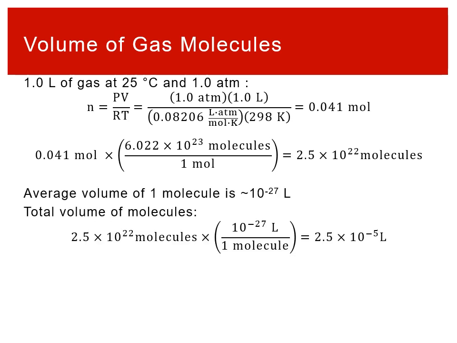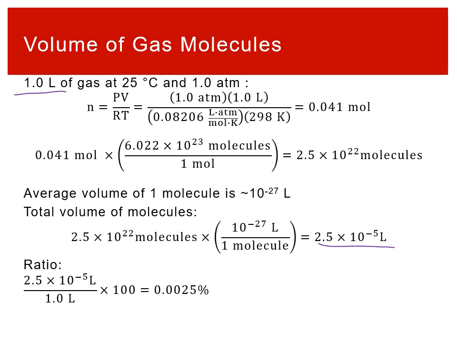So what about the total volume of the actual molecules themselves? A molecule has a volume of about 10 to the negative 27 liters. And so if you take your total molecules and multiply it by the volume per molecule, you get the total volume of the molecules themselves. That means this is the volume of the actual atoms that are making up this gas. So quite small. Whereas this is all the volume, including empty space between the molecules.